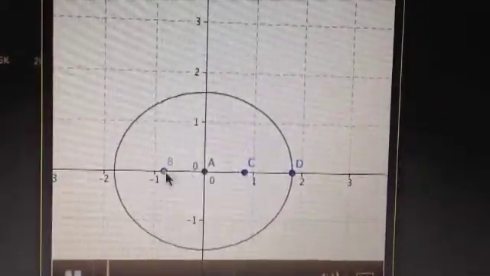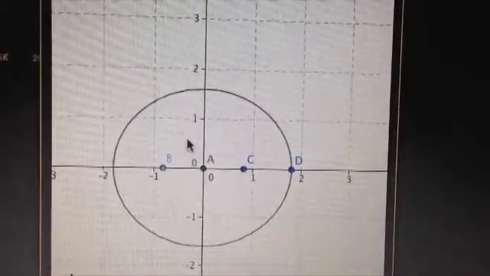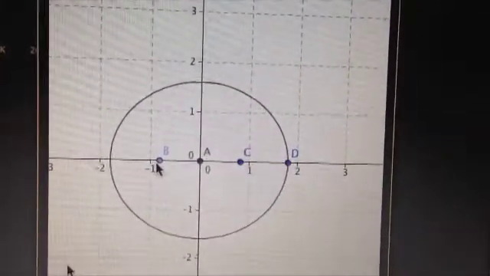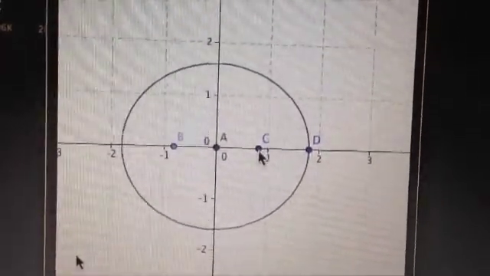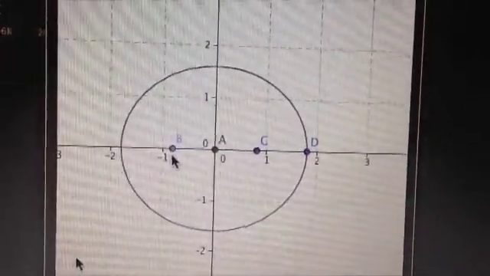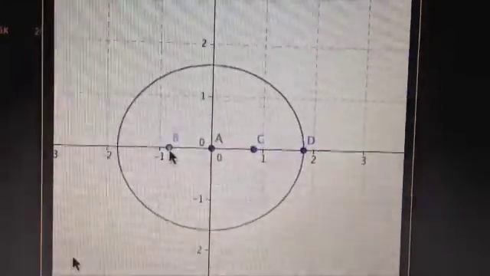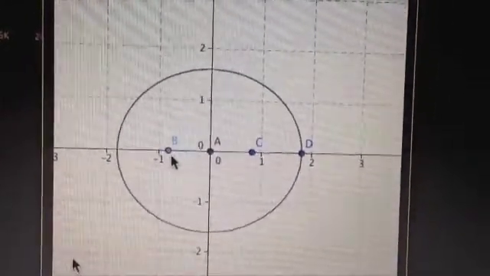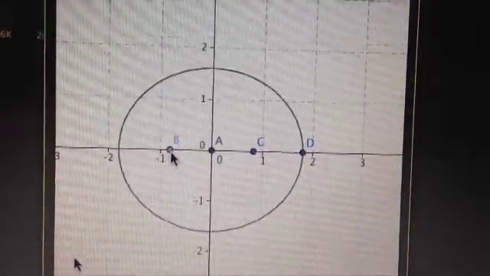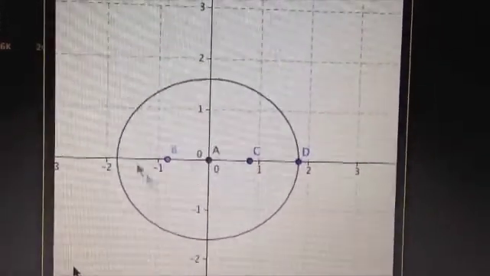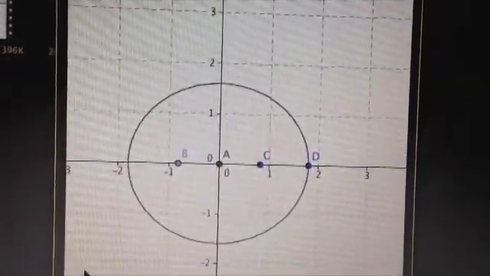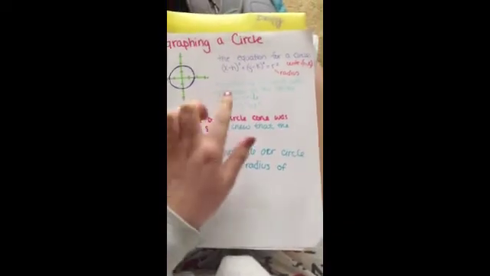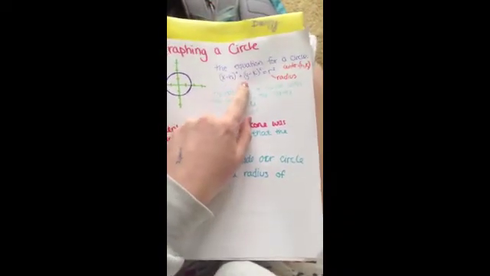See here, this is the ellipse. The foci are located at 0.82, 0, and negative 0.82, 0. We found these by using a squared minus b squared equals c squared because we knew the semi-major axis and the semi-minor axis. To graph the circle of our cone, we use the equation x minus h squared plus y